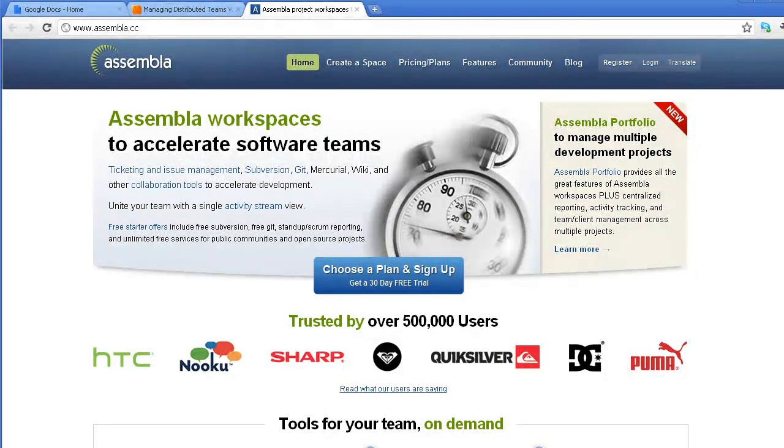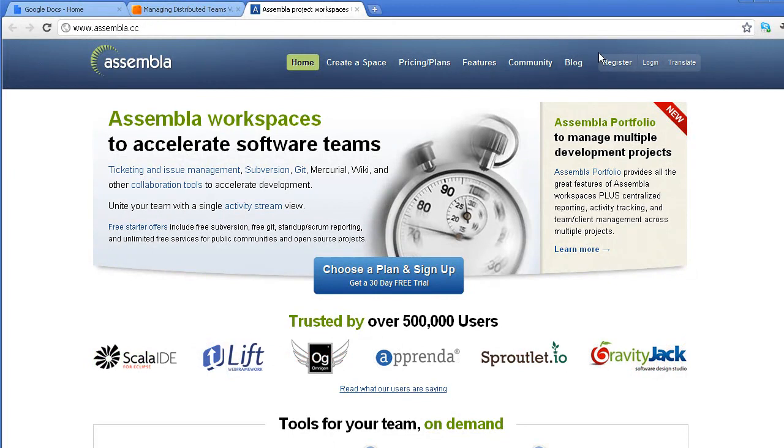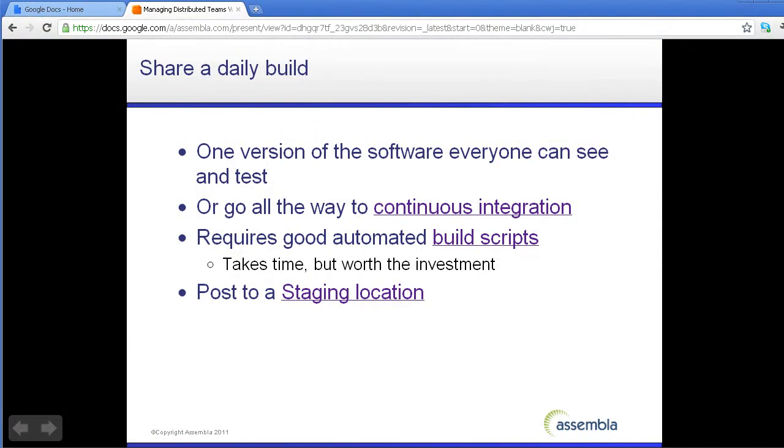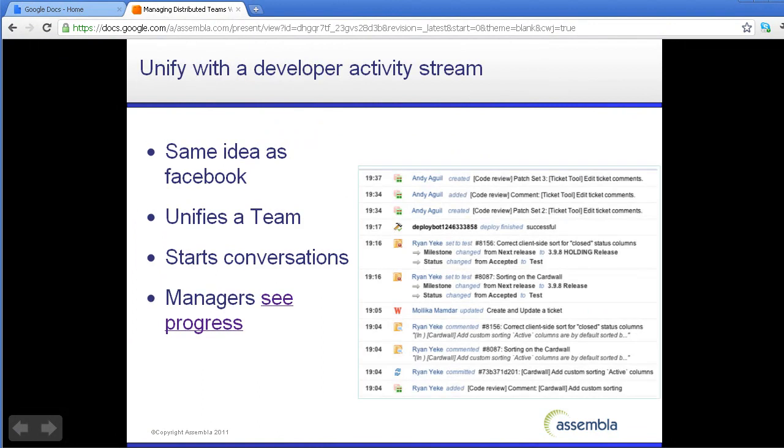You can see here the new version of Assembla, which is different than the version we have up currently at www.assembla.com, and has this really nice, smooth, beautiful top bar. That's our staging server. Finally, if you want to tie your team together and make everybody work together on a